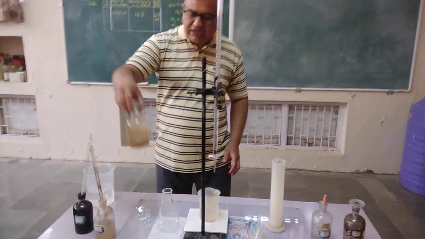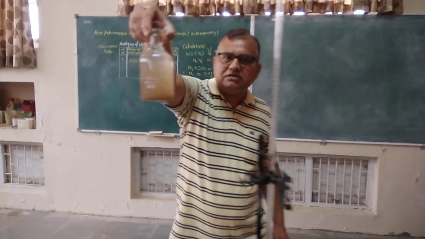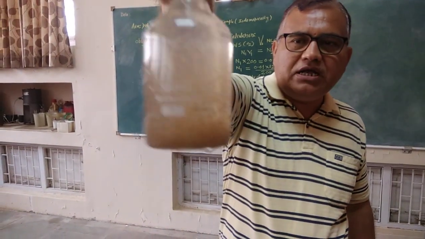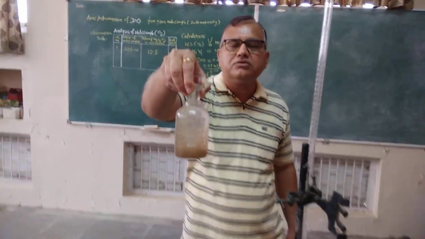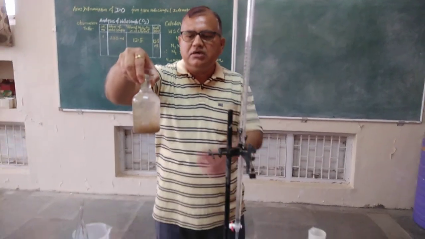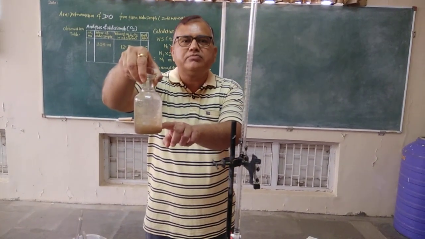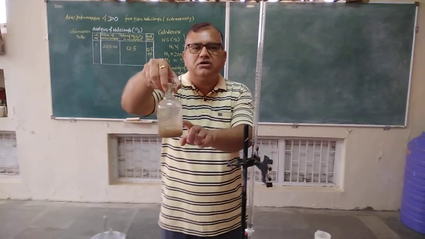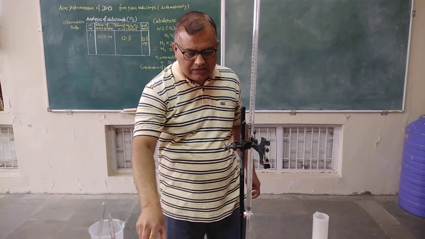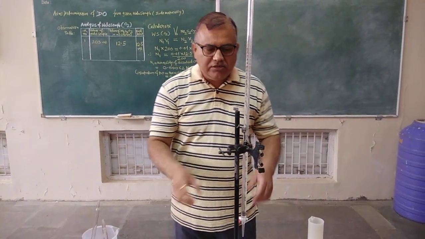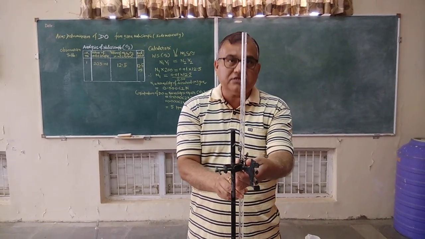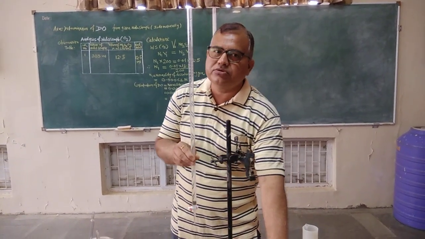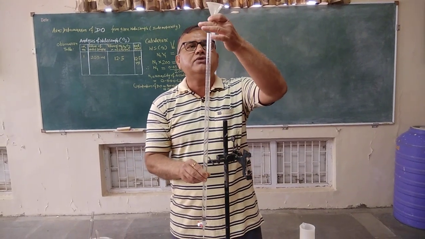So this is a dense brown precipitate obtained in the bottle, and it requires 2 to 3 minutes, so you wait 2 to 3 minutes for the liberation of this dark brown precipitate of basic manganic oxide or basic manganic hydroxide. And meanwhile, you require a standard Na2S2O3 solution for the titration.